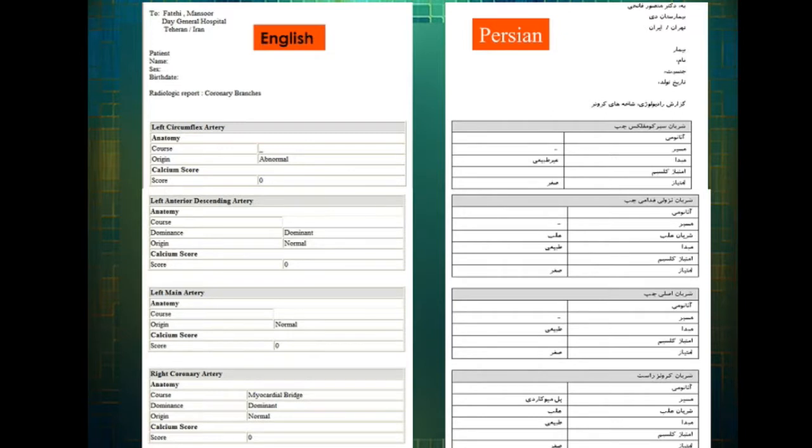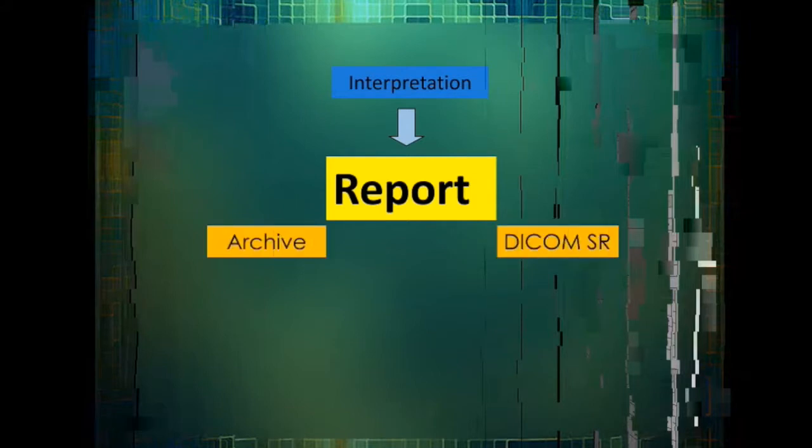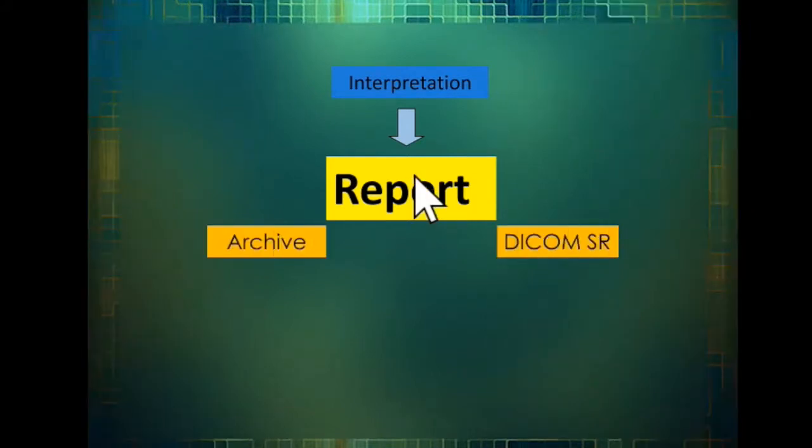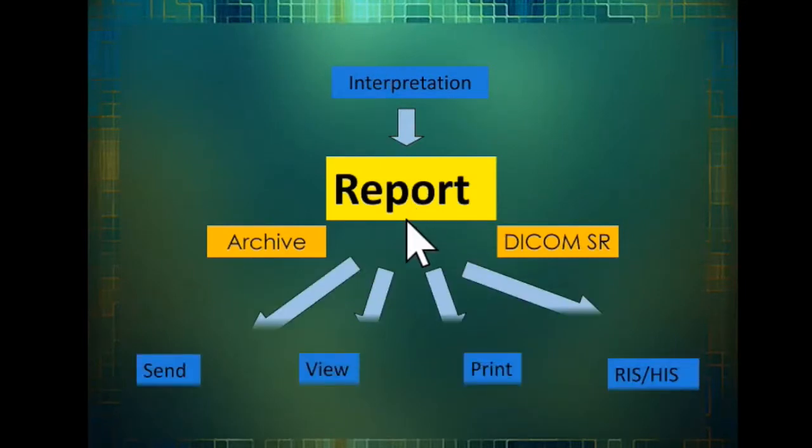It can be viewed, it can be printed, or it can be inserted to a RIS. But the user language is not necessarily the same for the production or for the application of the findings, because the data is not by a specific language. It is coded, and it is only possible if we have a module for description of all of the